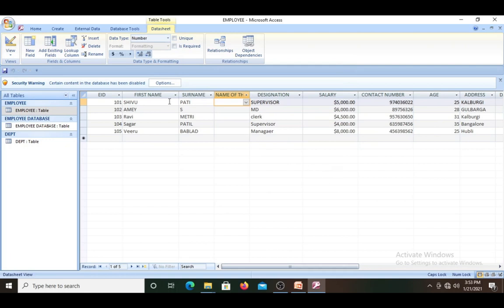Now see the difference. Shivu is in which department? Just come here, select. Suppose he is in production department. Now Amay is in manufacturing department and Ravi is in marketing department. This will be called as creating lookup columns.